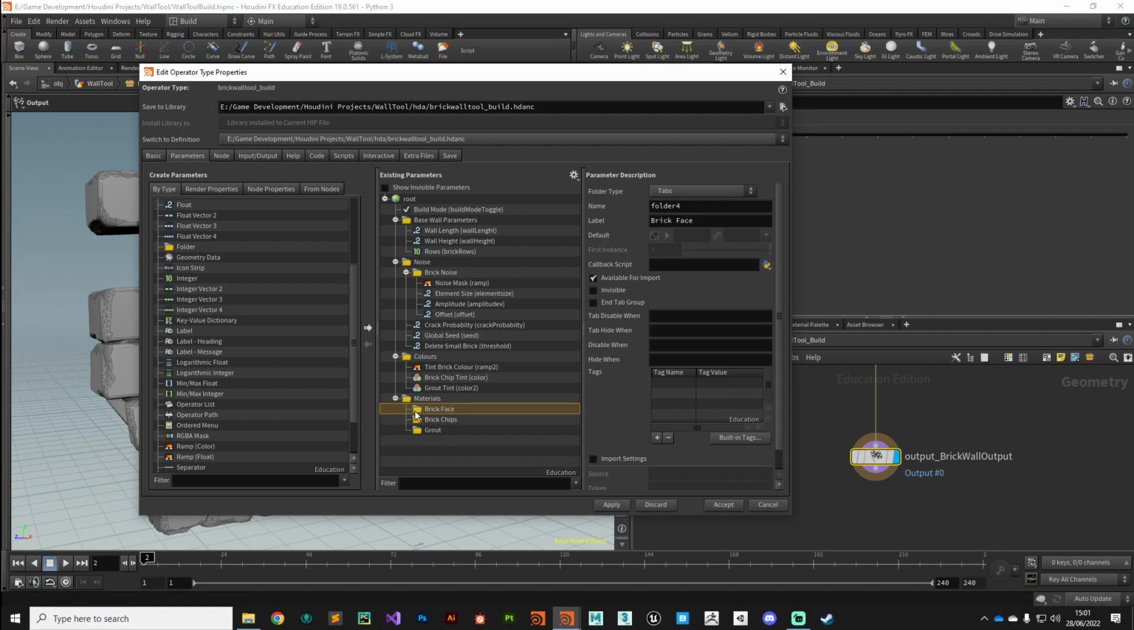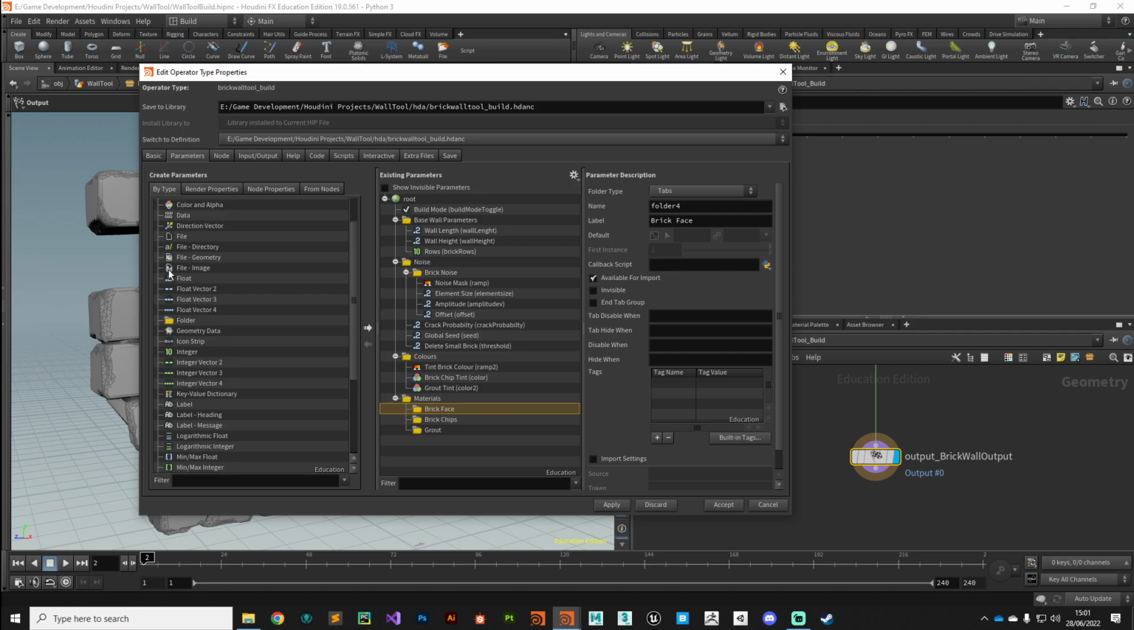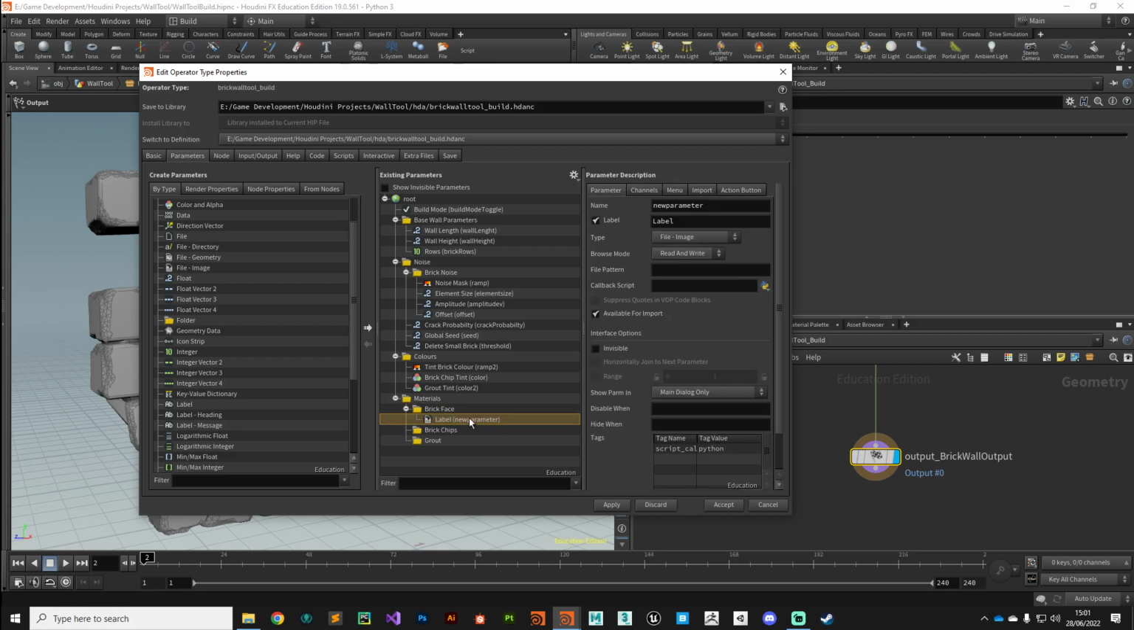Now within these folders we want to add the ability to plug in a texture map. Okay, so what we need from our parameter type here is a file. So if we find that, there we go, file image is the one that we're looking for. So we can drag one of those into the brick face, and we're making a start on building up our shader network. So I'm going to give this a label,